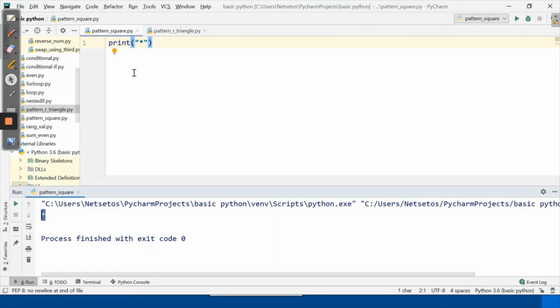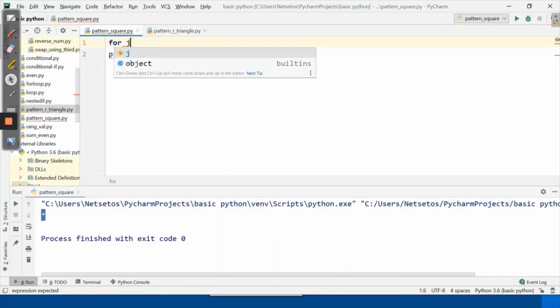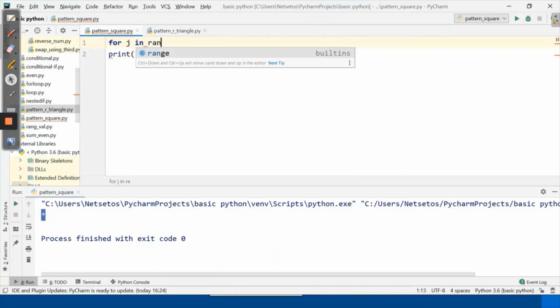Now if I want to print this 5 times, so what I'll do? Here I need to put a for loop, because this star, if I have to print 5 times, I need to go for loop. So here I'll write for, let's say j in range.